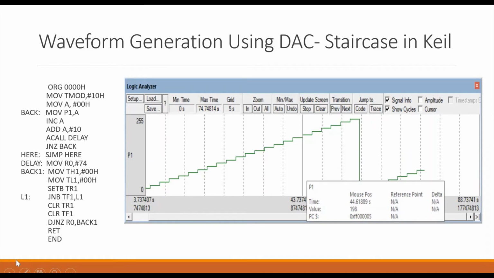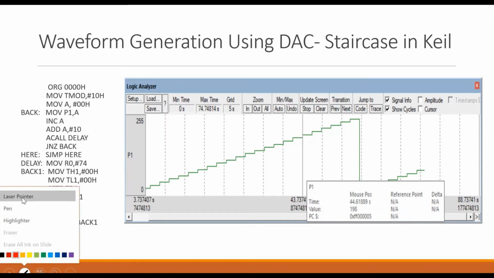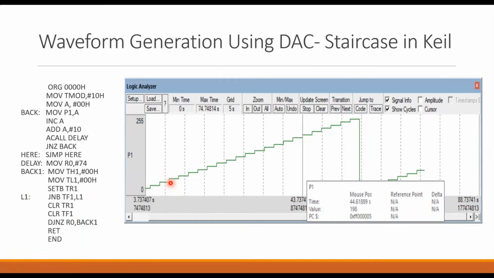So for this, you can see this height I'm talking about. If you want this height to be high, then go on incrementing it many more times.